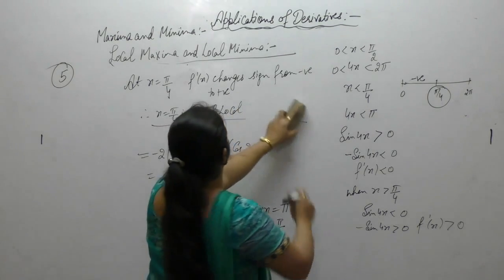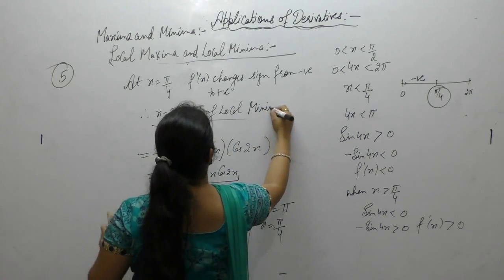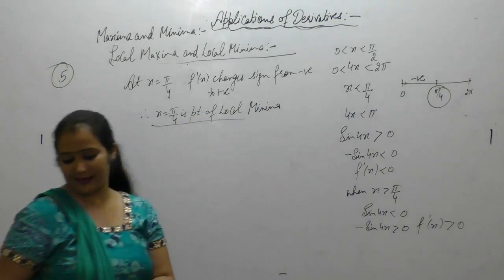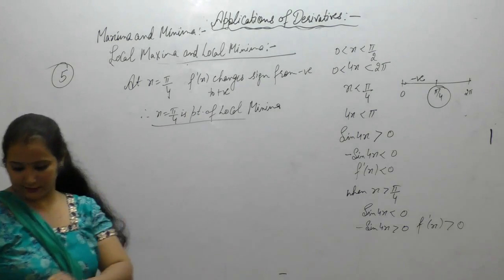Negative to positive, therefore this is the point of local minima. If it goes from positive to negative, then local maxima. Negative to positive,